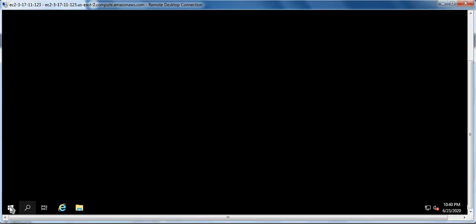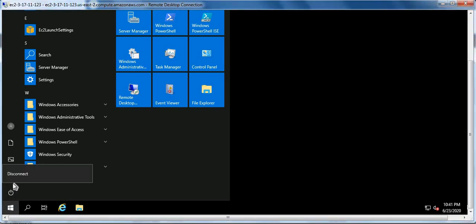Now let's see what options we are getting here. If I click on the power option, I'm getting only Disconnect. Earlier I was able to see the shutdown and restart options. Now I'm able to see only Disconnect. So our policy worked.